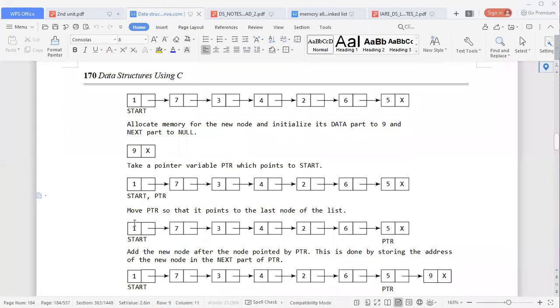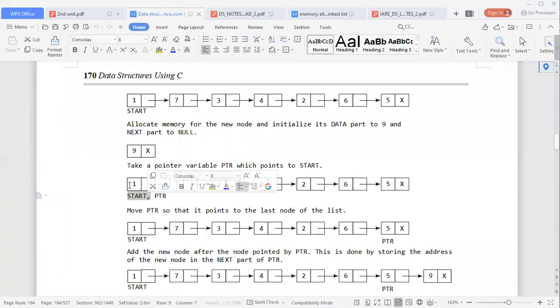For that, we are supposed to traverse the linked list till the last node is reached. By observing the diagram we can identify the last node, but through the program we are not sure which node is the last. So we move the pointer till the last node. Initialize the pointer; start points to the first node.